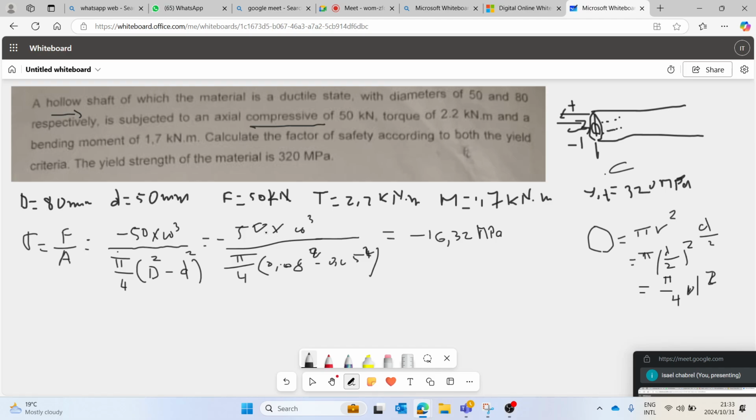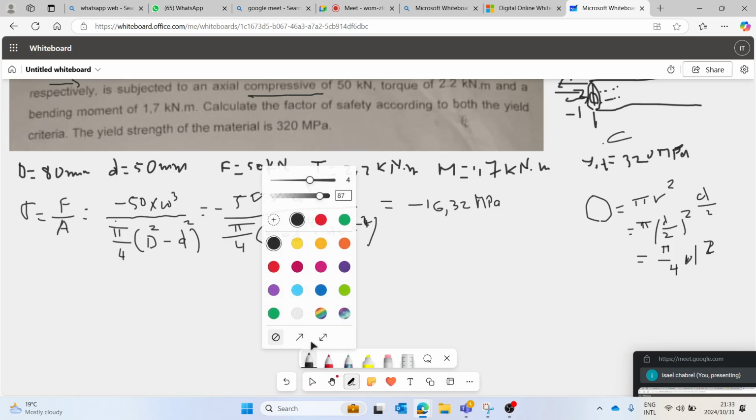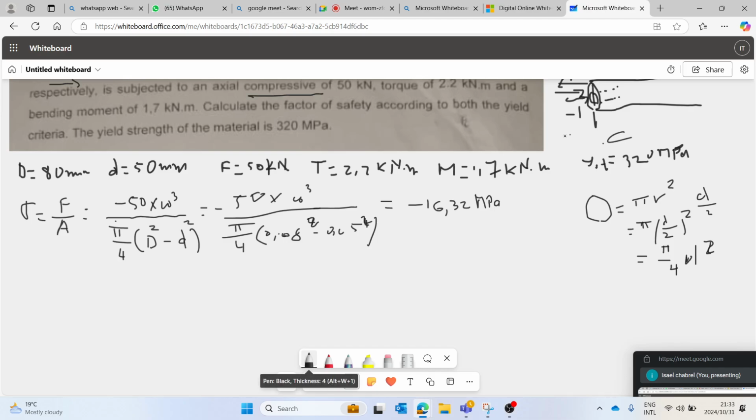Okay, Mr. Koso, we also have a bending moment. What does the moment do? The moment also creates a direct stress. This chapter is more or less linked to chapter 16. Remember, when we were studying stress distribution, we saw that one force can create bending, and it can also create direct stress. In this case, what's happening here? You have a hollow shaft. There's a compressive force to it, which is